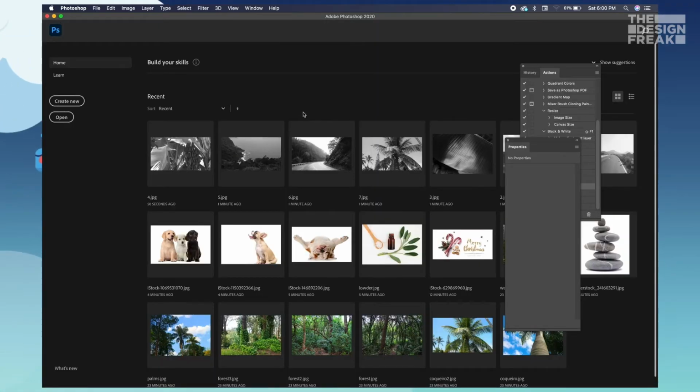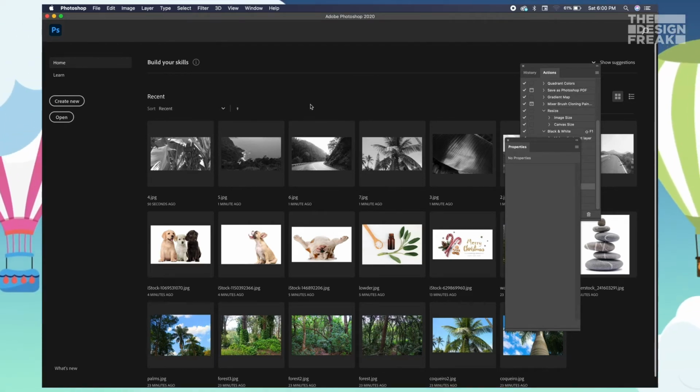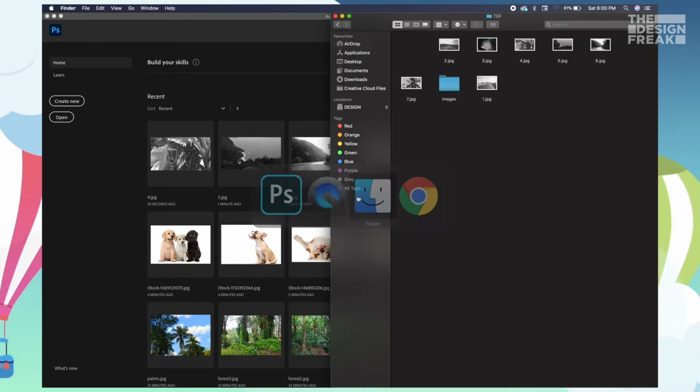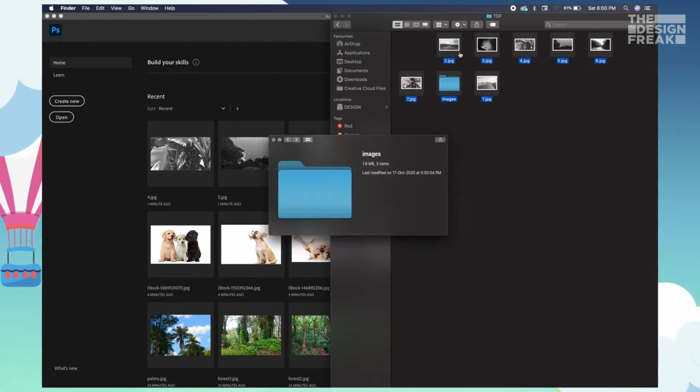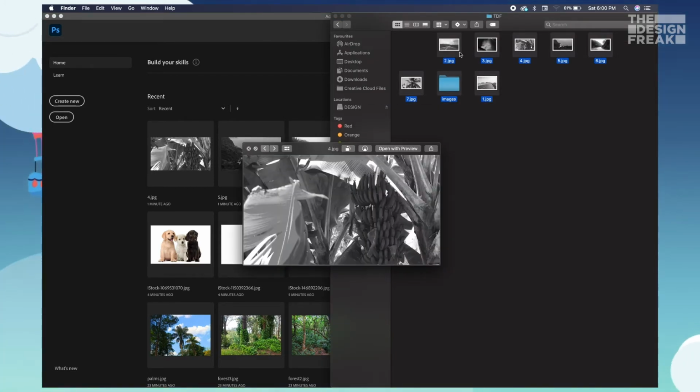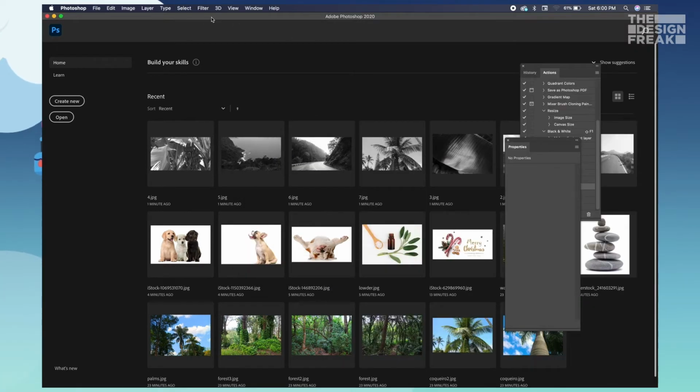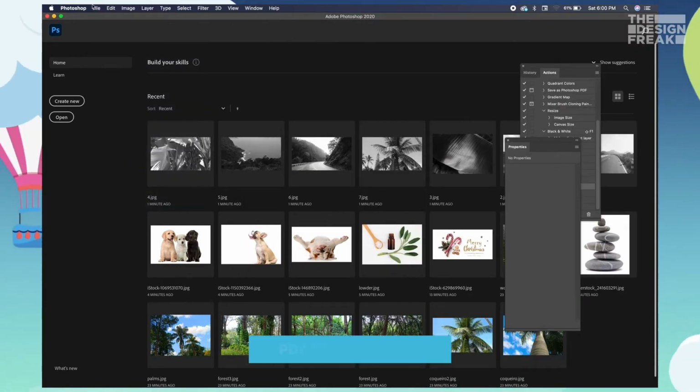We're going to learn how to combine multiple images to make a proper PDF. Usually what we do is we take these images and go online and maybe combine them, or maybe use Adobe Illustrator to combine all these images. What we're going to do is we're going to do it through Photoshop, and that's going to be pretty quick.